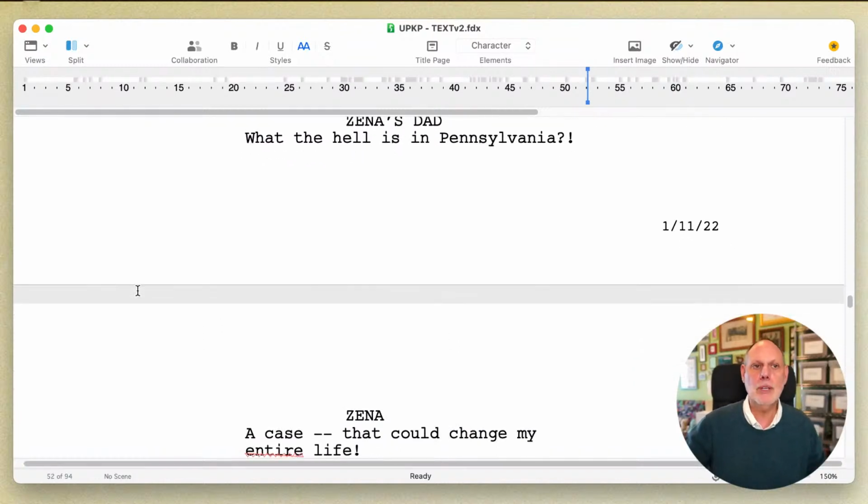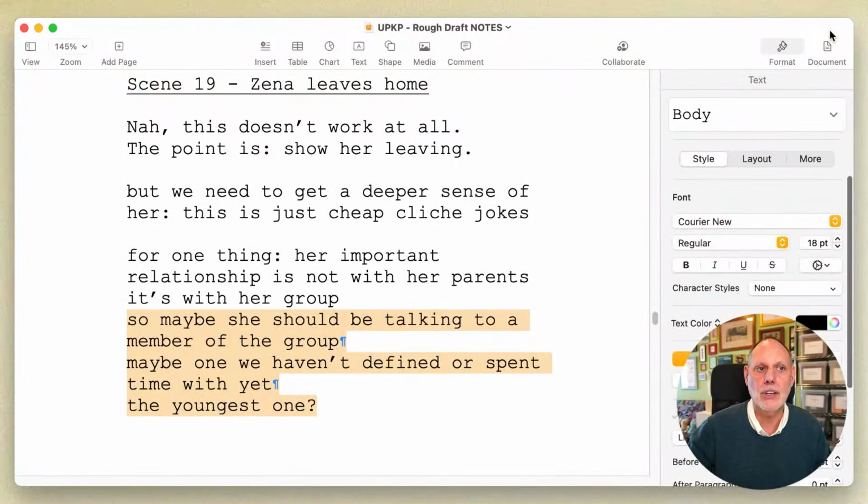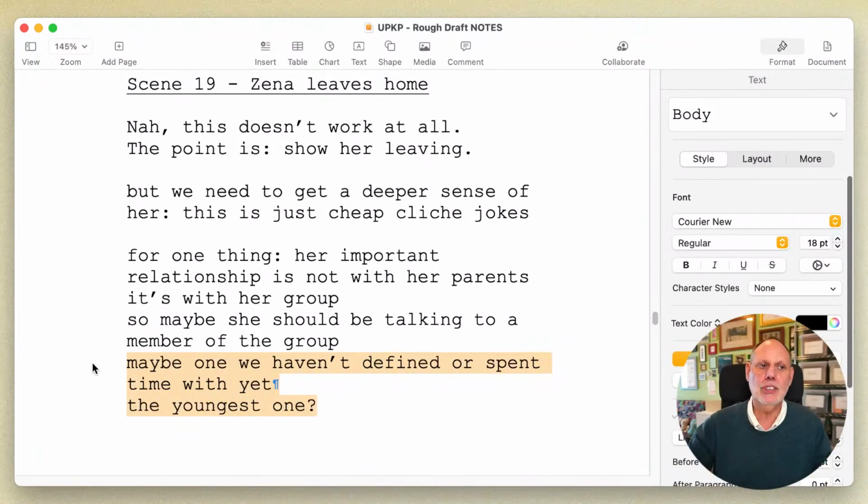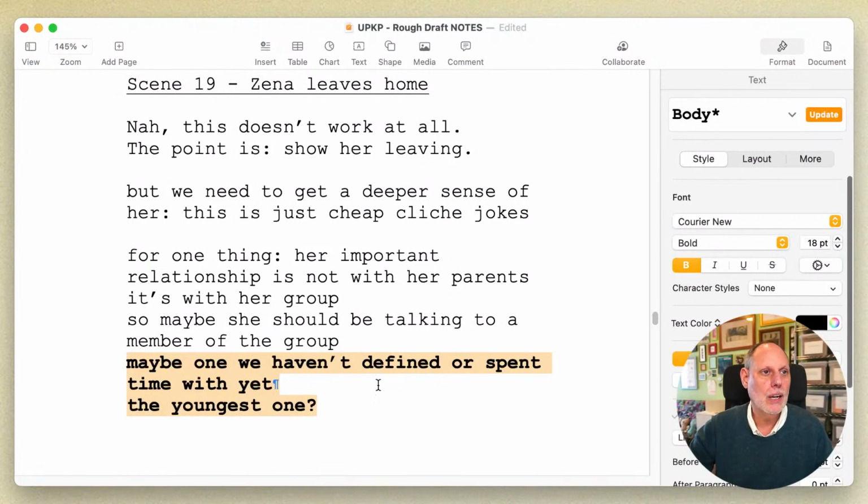I was just trying to think of something cool, and I was thinking, well, let's get to know her character. And I thought, how do you get to know her character? You see them at home. And she lives with her parents. But that's not really what's most important to her. So I'm going to rethink this in terms of a member of the group. And the other thing is, earlier on in my notes, I said the group isn't big enough. I need a couple more people in this group. So why not define one of them in this conversation? So that is what I'm going to do.